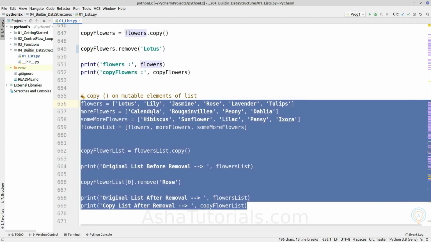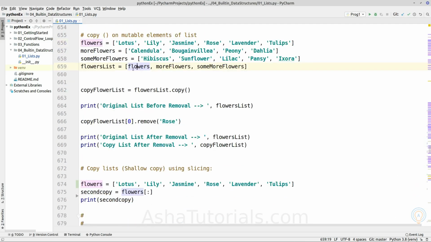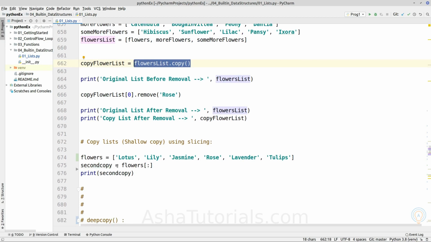Okay, so when we are dealing with a mutable data type inside a list, we should keep this in mind with copy. This is the same way. If you want to create a shallow copy without using the copy function, we can use the slice function also.